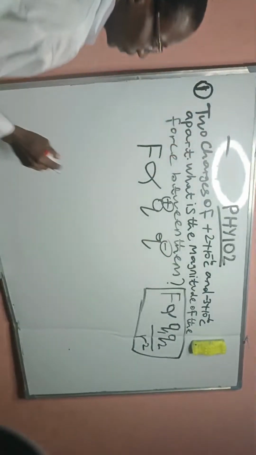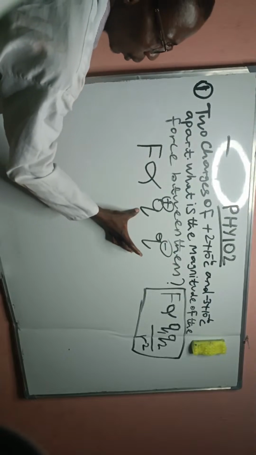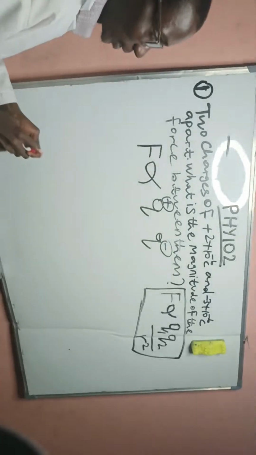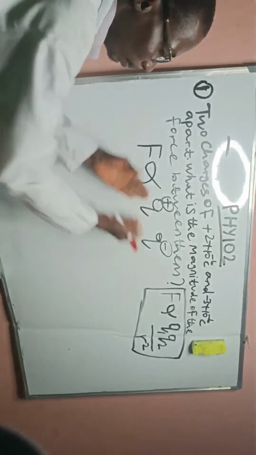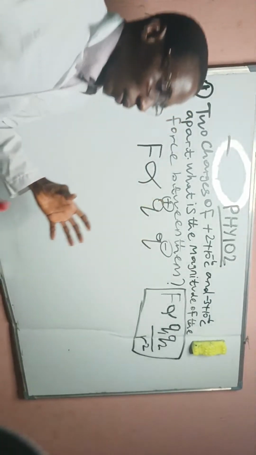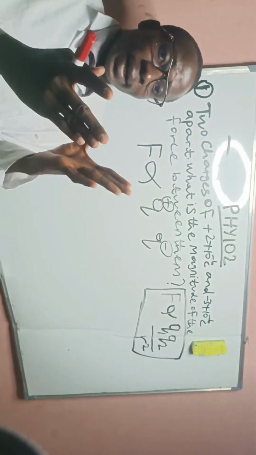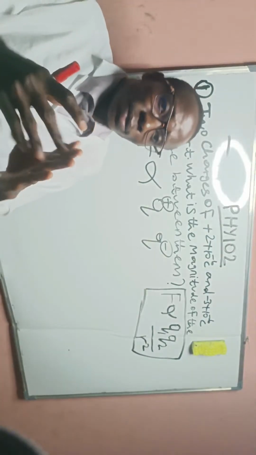Then this force here is directly proportional to these two charges. It is an attraction binding both of them together, because this is positive and this is negative. When you bring positive and negative together, that's what they call